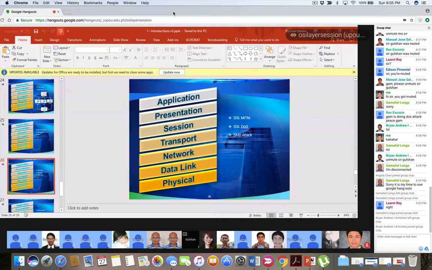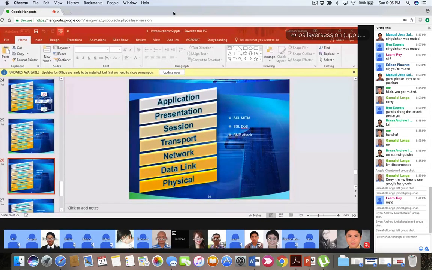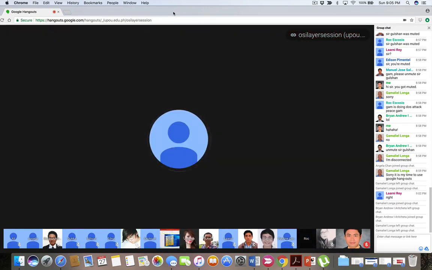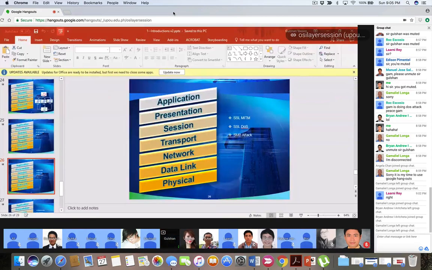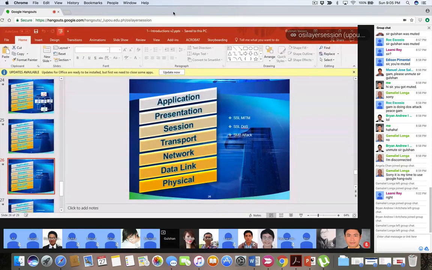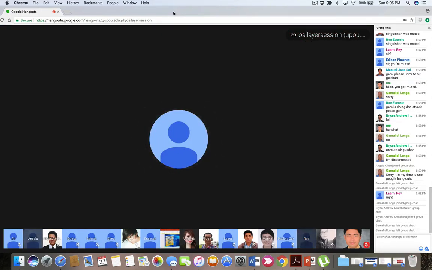Now there is one more layer. Bonus grades for this answer. User layer.